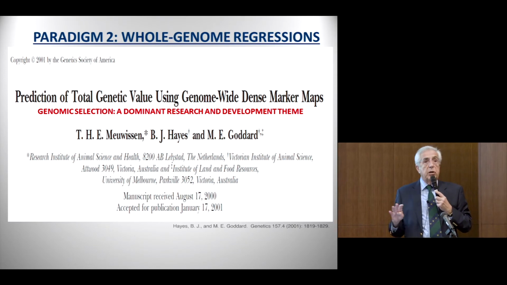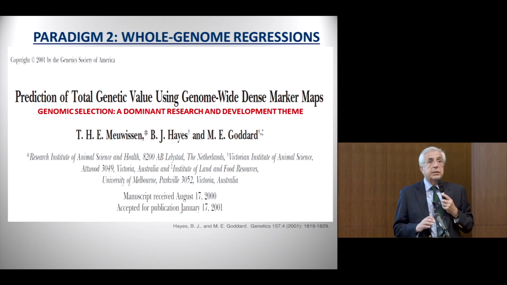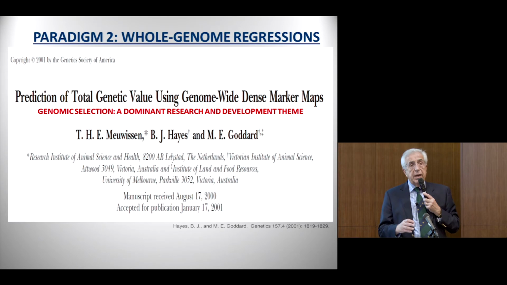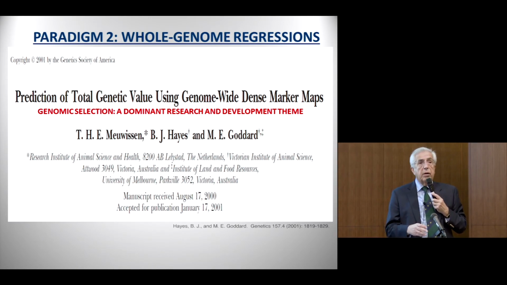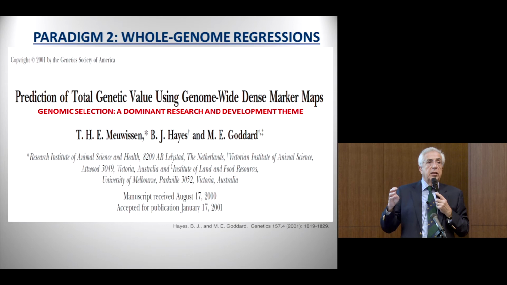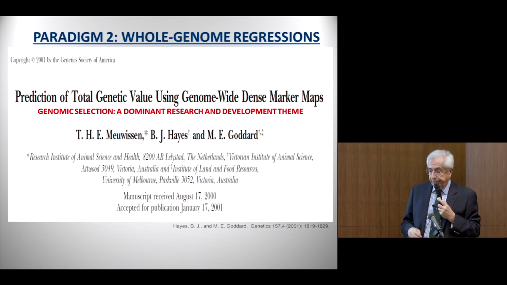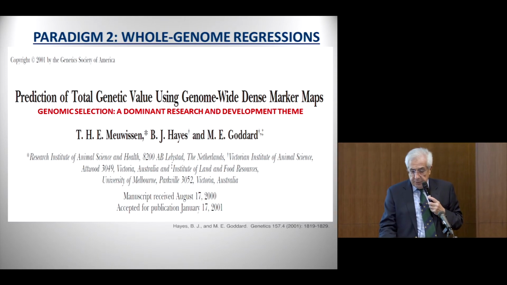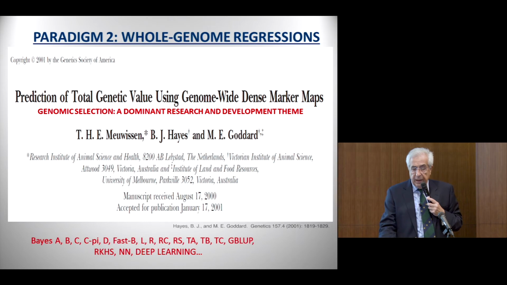So genomic selection was first applied in dairy cattle in the United States and in the Netherlands in 2007, and now it's applied in dairy animals, beef animals, sheep, pigs, aquaculture, maize, barley, wheat, coffee, sugarcane, palm oil, rubber trees, forestry, etc. So it has become a very important and useful technique.